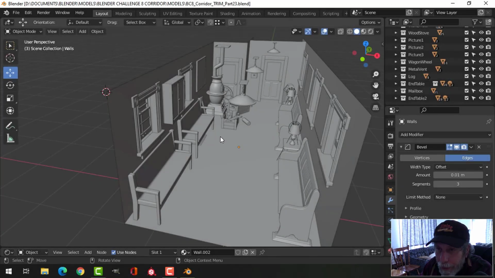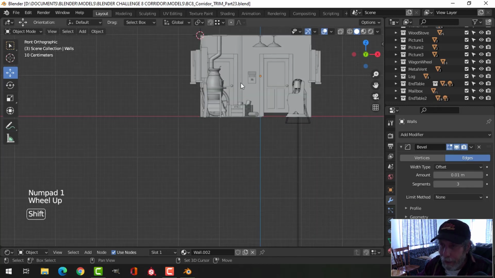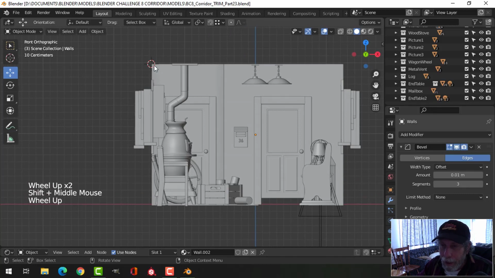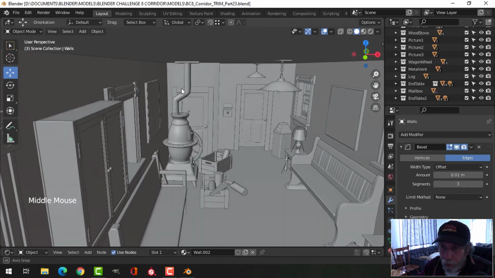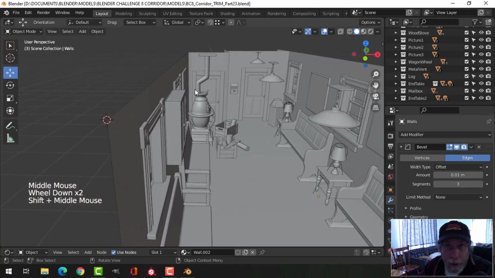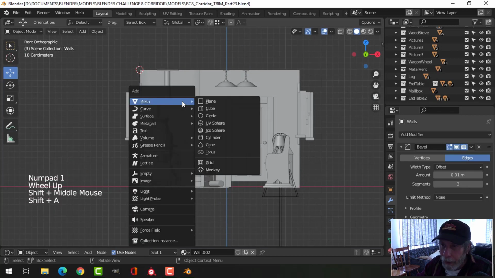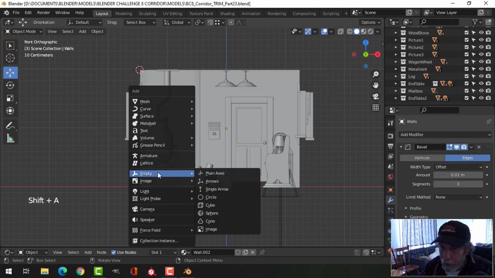All right, I want to show you a quick tip on how I would do the trim for the top of this. It's really easy to do. First of all, you've got to find some trim profiles on the internet. I have put my 3D cursor right around the point that I want to start this at. Let me look from front view for my particular room, and I'm going to bring in a reference image,